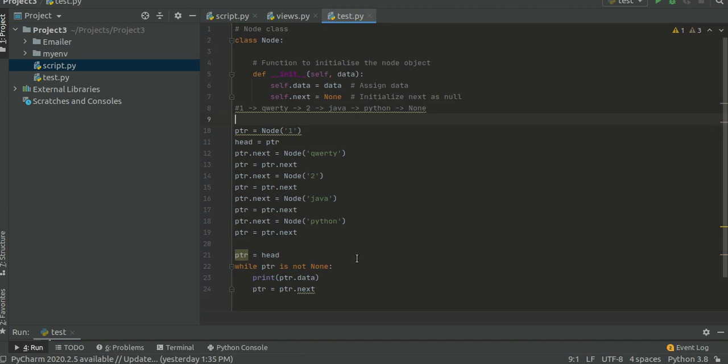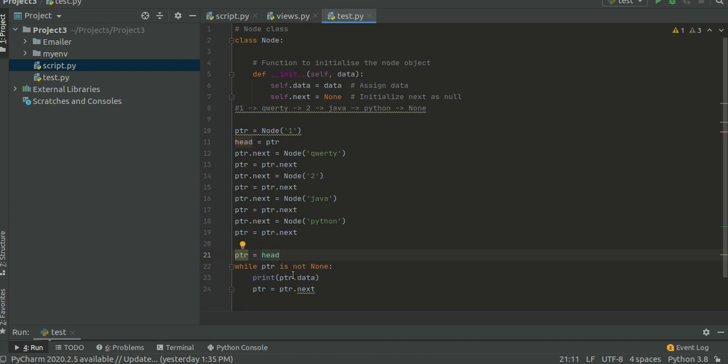Now we iterate. We point the ptr to head, where the head pointer points to the first address of the linked list.